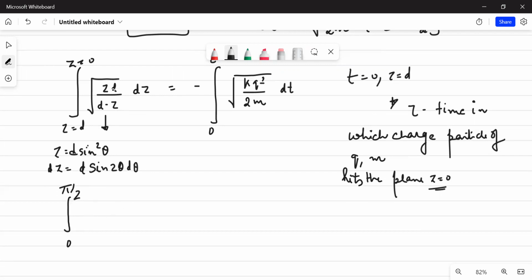And this will become, I think, 2d. So you have one d from here, because if you replace d here, this will become d square sine square theta upon d square cos square theta. So you'll get d. I will write 1 so that I don't get confused. So it will be d. Okay, this d would get cancelled. This will be cos theta from here. And dz would be d